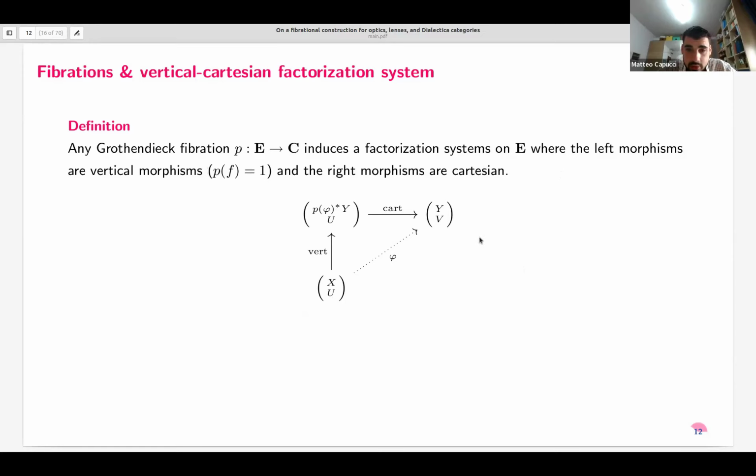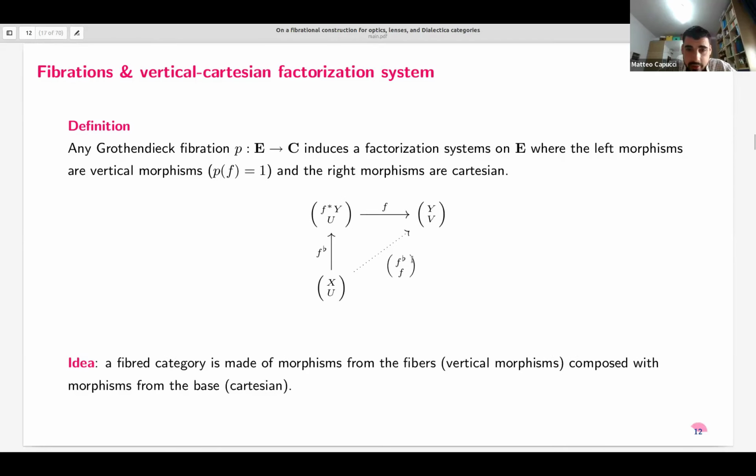And in particular, you can now think also of the maps as pairs, right? So we can think of this factorization system as displaying E as being made of pairs, not just in the objects, but also in the morphisms. So it's a pair of a Cartesian morphism, which is really a morphism in C at this point, and a vertical morphism, which is this F flat. Okay, so we see how this gets factored into these two pieces,